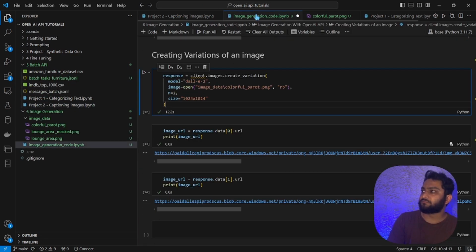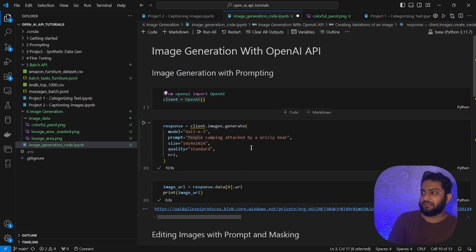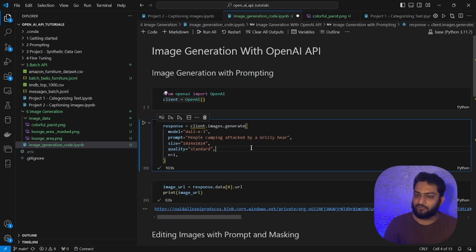Actually, this is the code. Yeah. And next up we'll be doing the actual project of image generation, and that would only be uploaded obviously